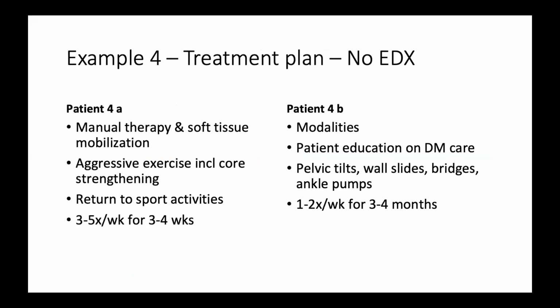So without electrodiagnostic study, for the younger patient we can start with our manual therapy, whichever school of thought you prescribe to, soft tissue mobilization, doing aggressive exercise with core strengthening, getting back to sport activities, and be a little bit more aggressive as far as treatment frequency with a shorter duration. Without the electrodiagnostic study for patient number 2, we would want to be more conservative with treatment. So maybe just modalities,